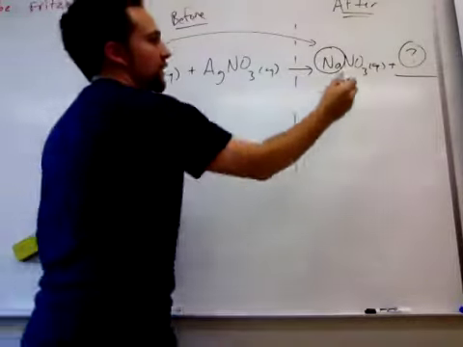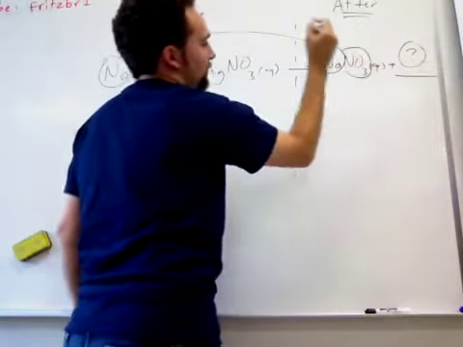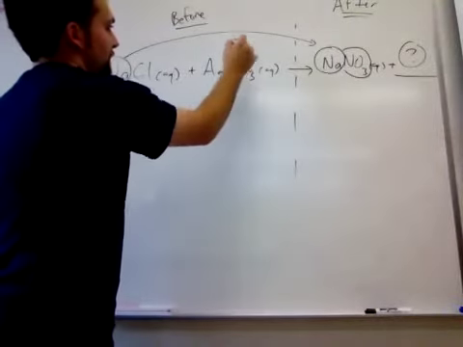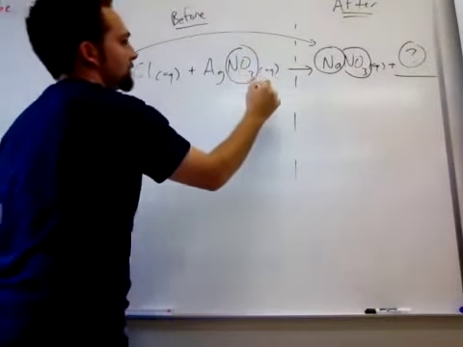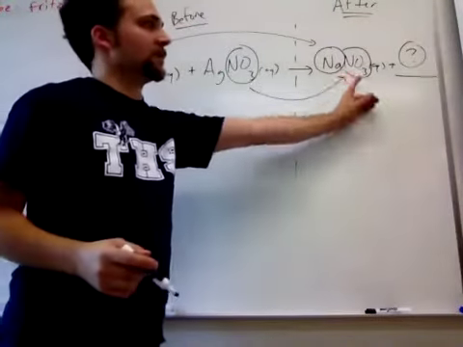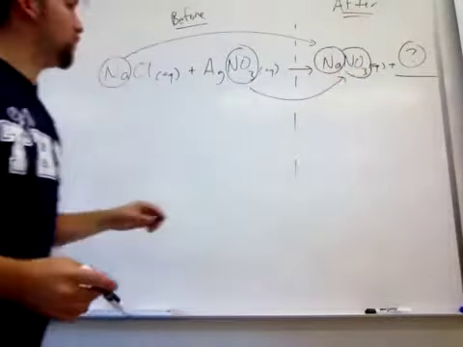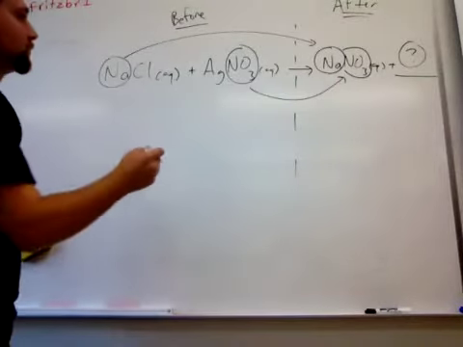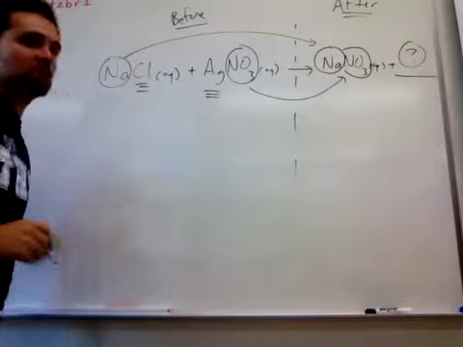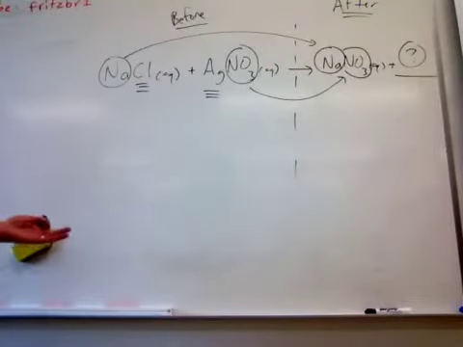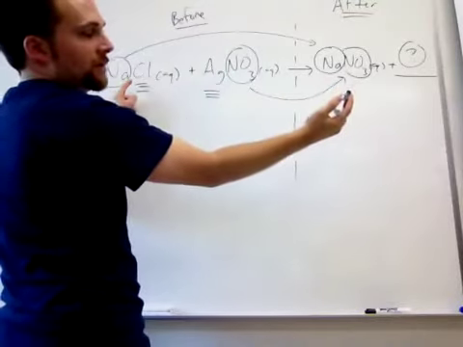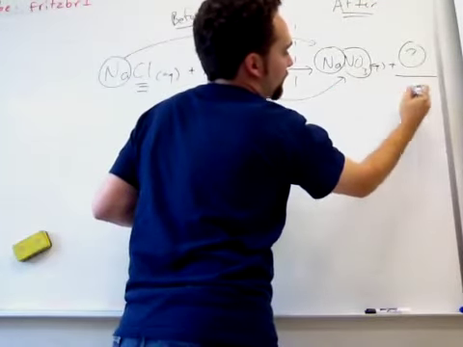Okay, you look at this over here. Where did I get the NO3 from? Well, the only place that could have come from is someplace over here, and that's right here. Okay, so this NO3, this nitrate, is now living over here with sodium. Okay, so what are we left with? Well, we're left with Ag, which is silver, and Cl, which is chlorine. So we know that the thing we end up with has to be something with silver and chlorine in it. So over here we're going to have